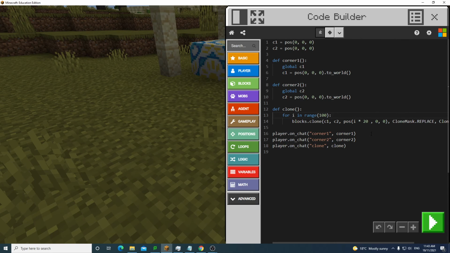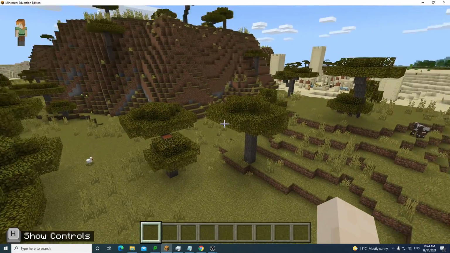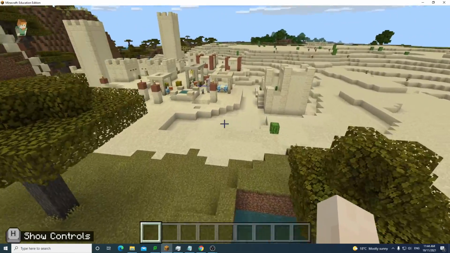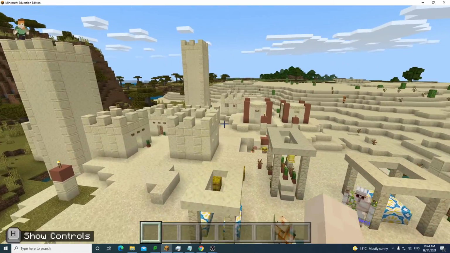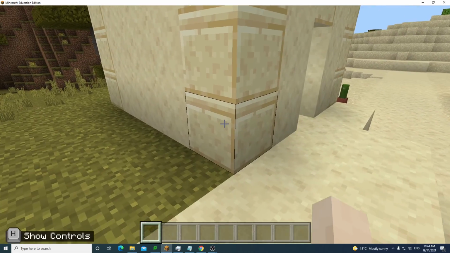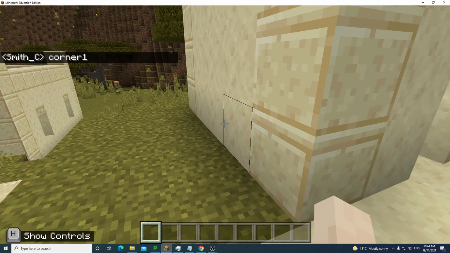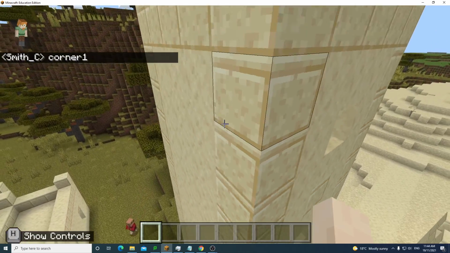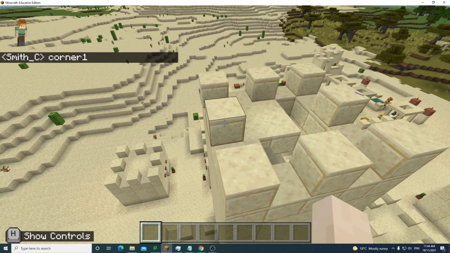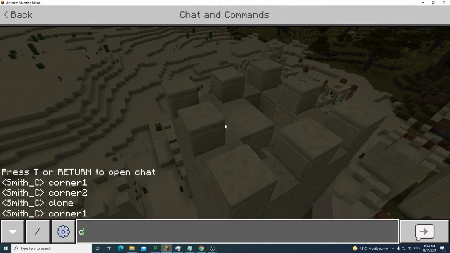So let's go back into the world and try that. I'm going to need to reset what I'm cloning. Let's go over here, clone something a bit bigger this time. Maybe one of these big kind of towery things would be good. Yeah. So I'm going to go bottom left corner and type in corner 1. Let's set that, and then top right corner. This feels about right, I think. Just over here a little bit, and type in corner 2,